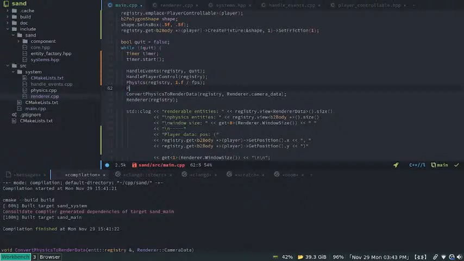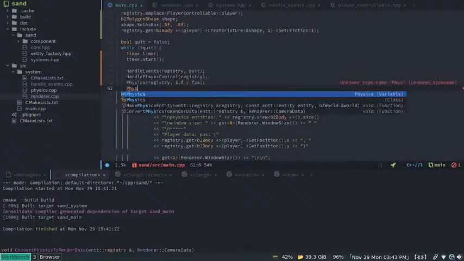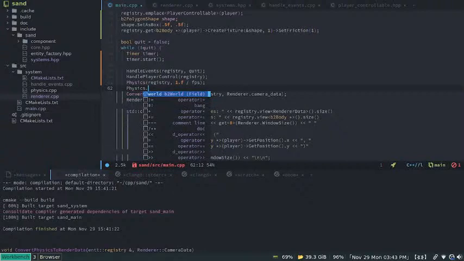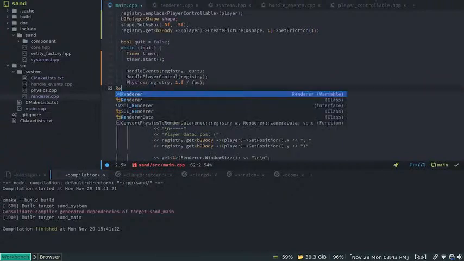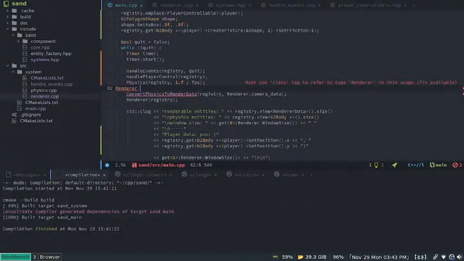I'm gonna say renderer dot camera data dot x equal to